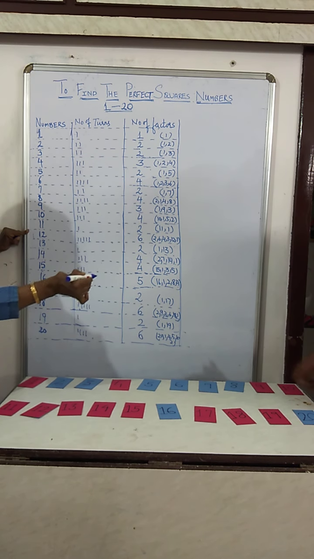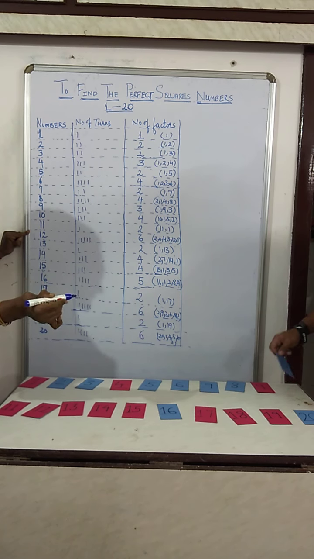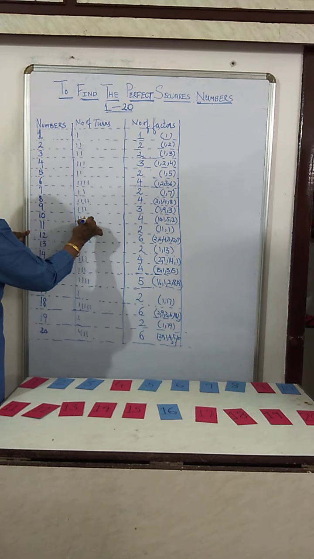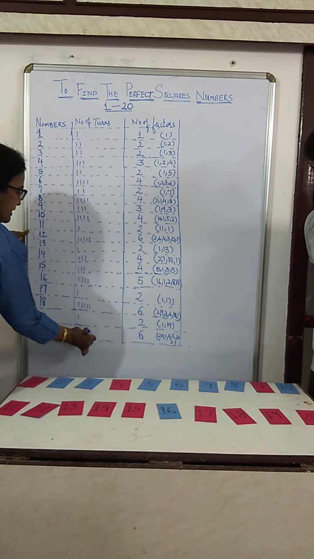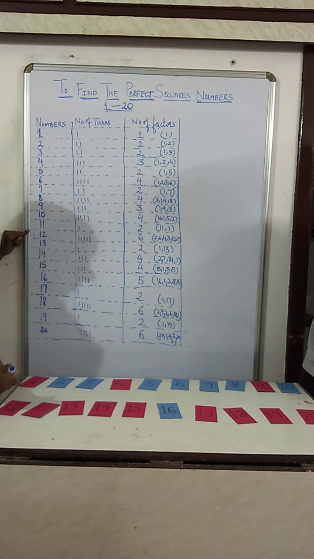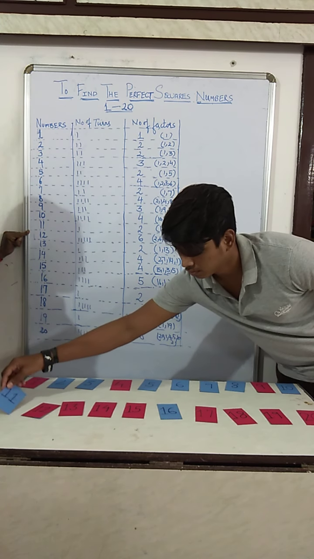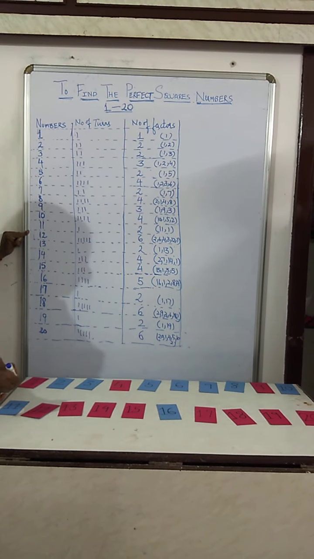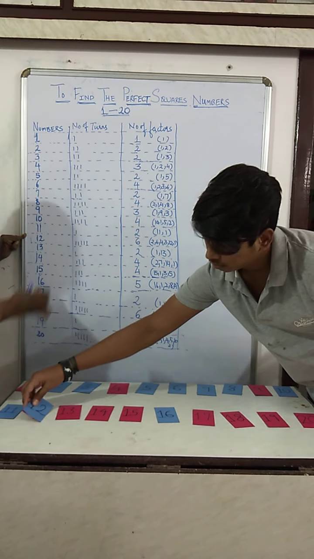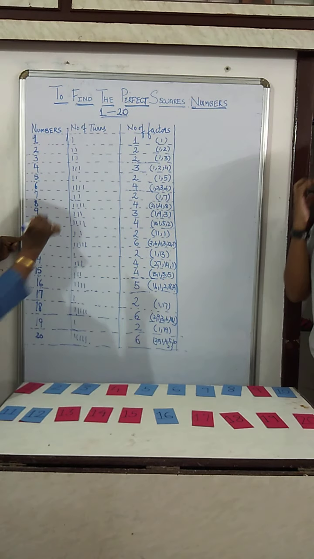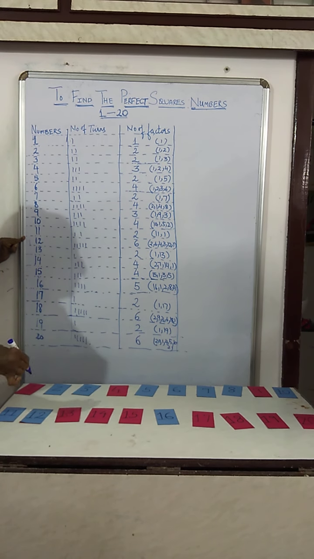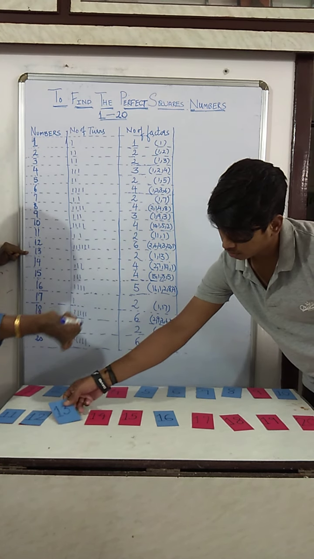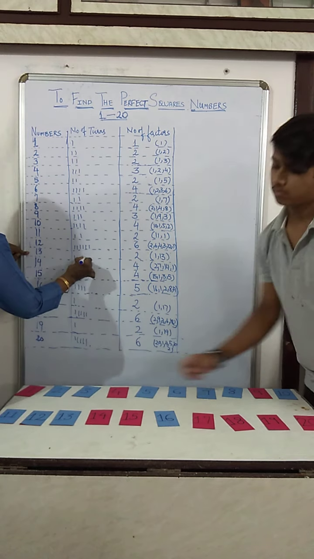Next we come to 10. It is 10 and 20. So only two cards we turned, 10 and 20. Now the next is 11. Only one, because 22 is not there, so 11. We mark only once, one card turned. 12 also, we have turned one card. Now 13, again there are no other multiples of 13, so one card.